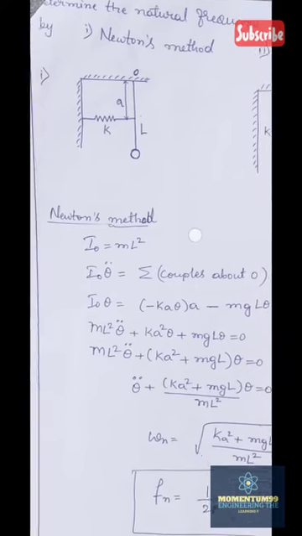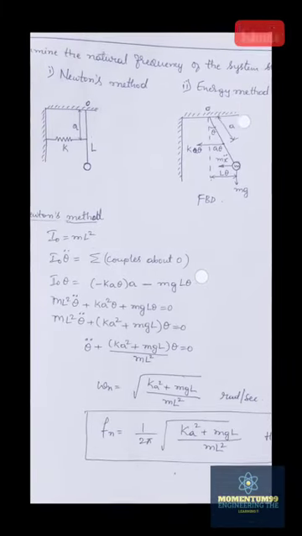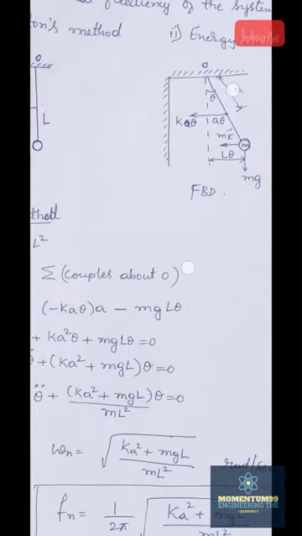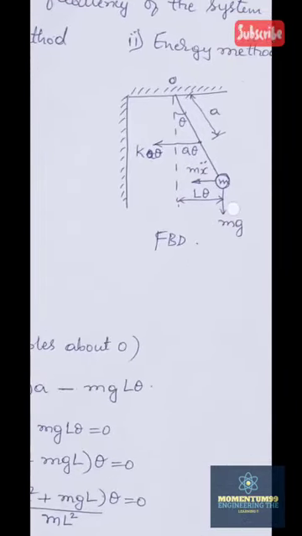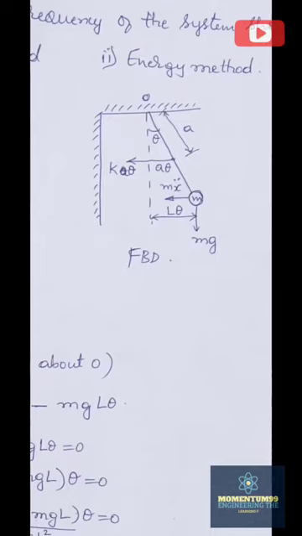Now, using Newton's method, we know that first we have to draw the free body diagram. As I said earlier, in the free body diagram you consider only the masses and not any other element, because we need to represent all the forces acting on the mass suspended from the point of suspension O here. Now I will draw this dotted line. What you are seeing at the middle is the equilibrium point, where the summation of all the forces and moments acting on the mass M is equal to 0, hence the body is in equilibrium.